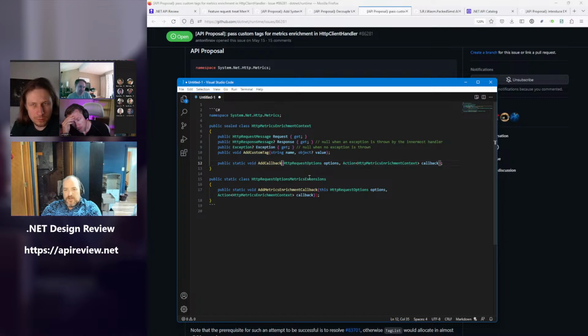I don't know what else would go on that type, so it's hard for me to say if the type has a good name. But who maintains that state, by the way? Is that logically attached to the options? Yes. Yep. And so the only reason we don't make it an instance method on options is because we don't want people to call it, because we want them to have opted into the subnamespace before they see it.